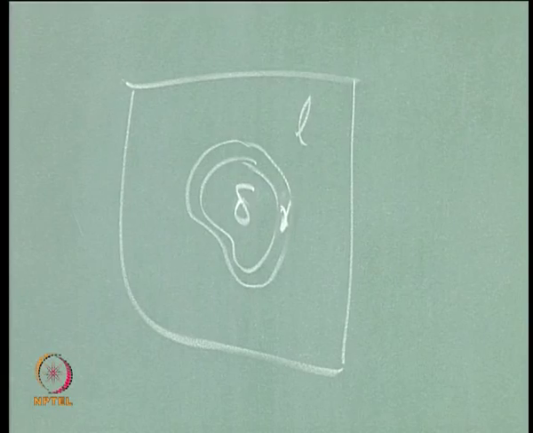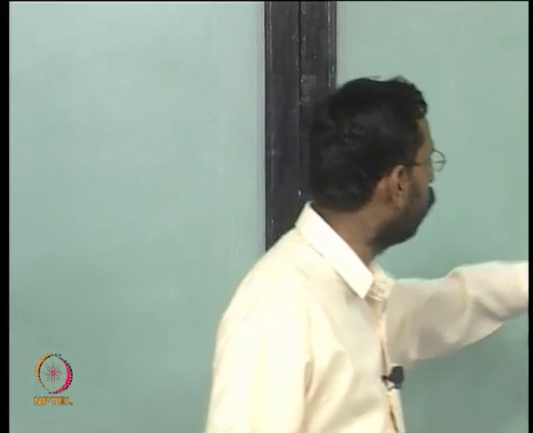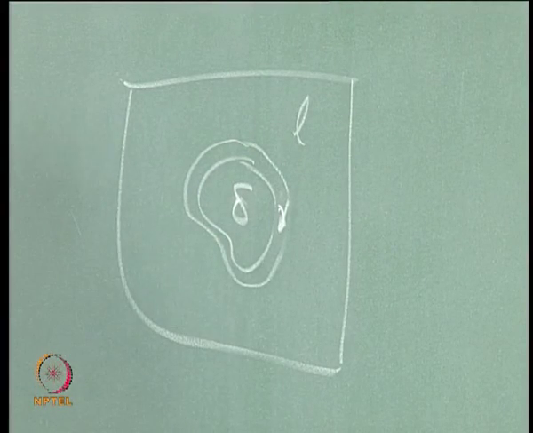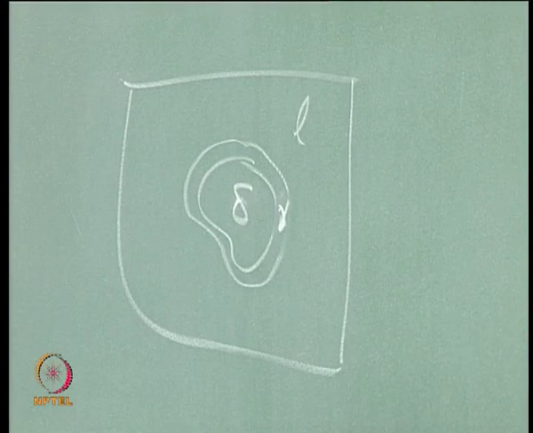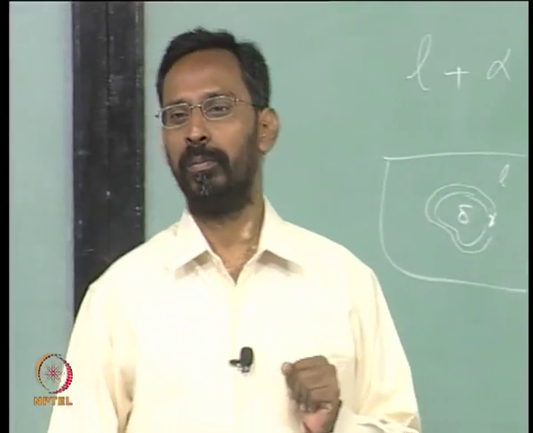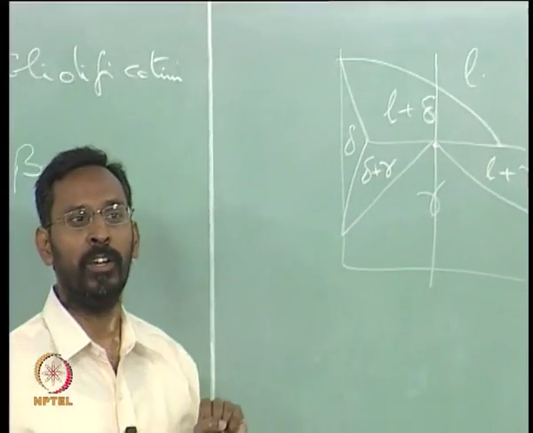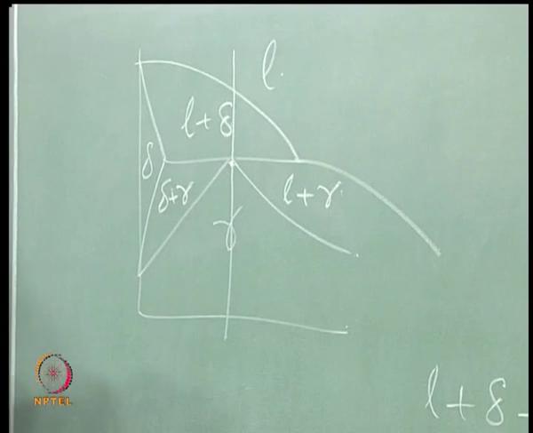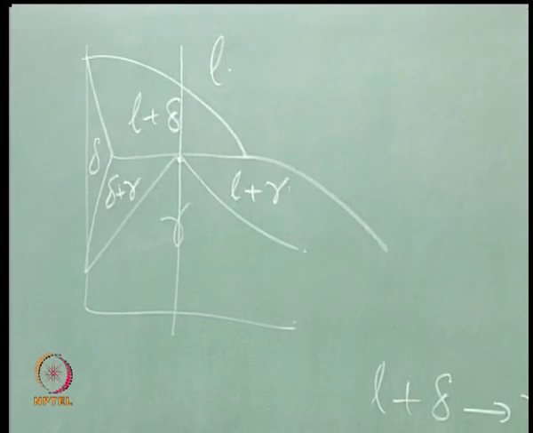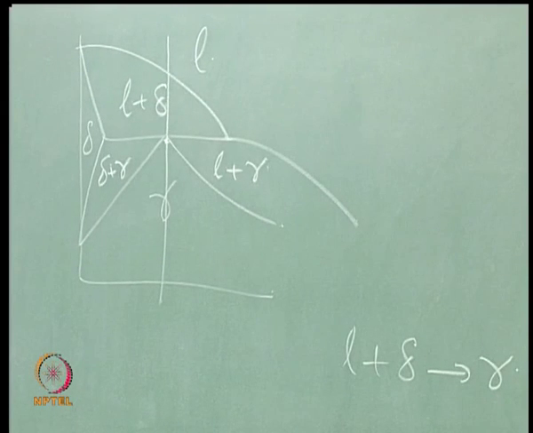And for that to happen, you need the reaction to continue. How can the reaction continue when there is no interface at all available between delta and gamma, delta and liquid? This whole problem of peritectic is what leads to cases where peritectic reactions are very, very slow. That is why sometimes, if you cool this steel faster, you may even end up with some delta left out at the end of the solidification, because the peritectic reaction has not actually gone to completion.